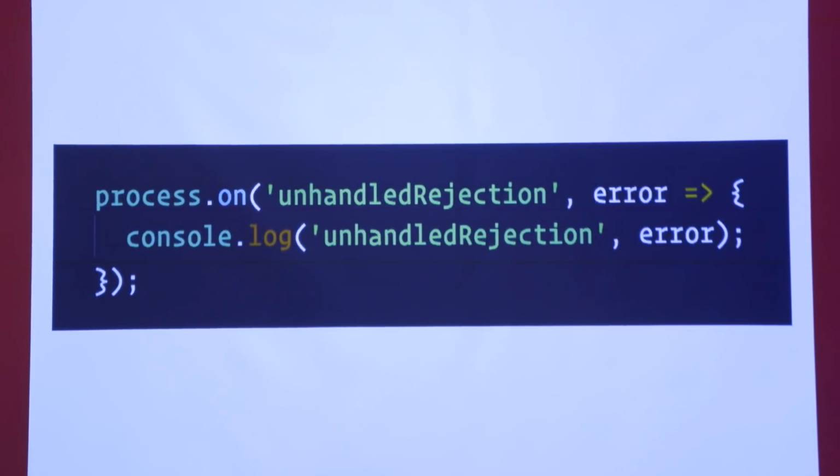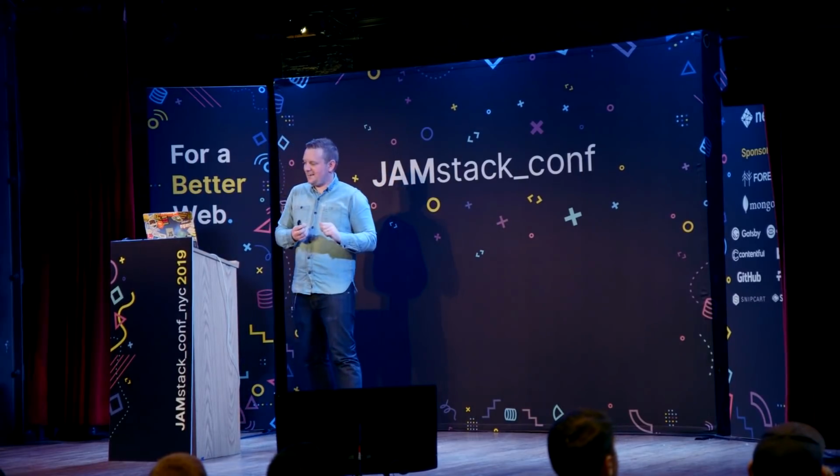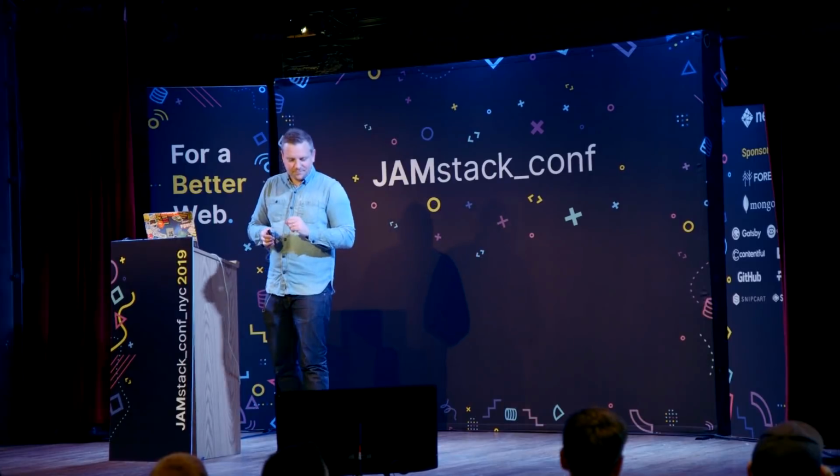So Node has been saying for like 4 years that it's going to exit the process when a promise breaks. And if you want to stop that, because one day they will exit the process and your website will stop working, you can catch those unhandled rejections and go ahead and do something with it. So